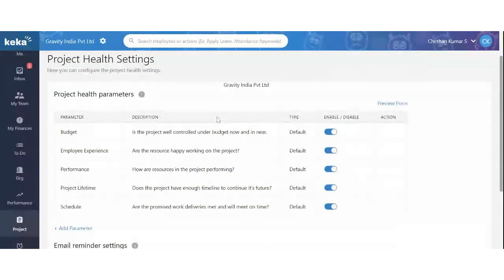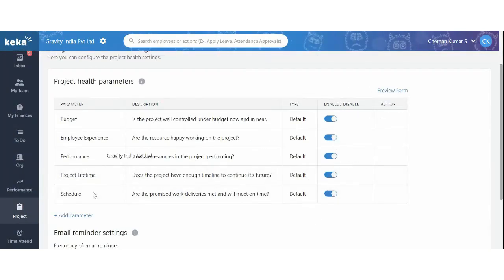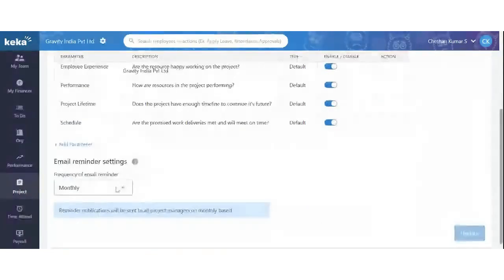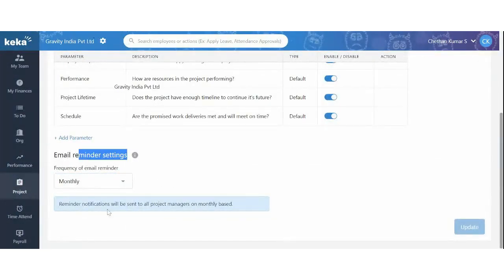Project managers would be the responsible people to come and keep updating the project health at timely intervals. So we have certain parameters already selected. You can configure reminders here, if you want project health to be updated on a weekly basis or a monthly basis, the project managers would be notified accordingly.